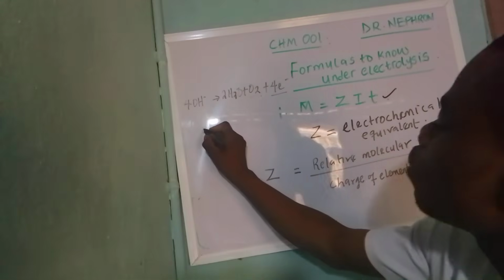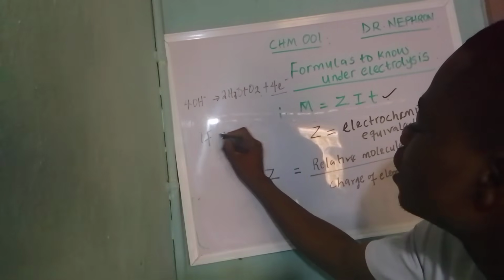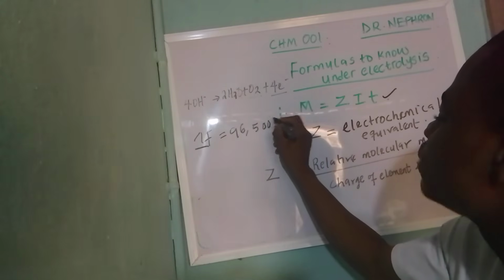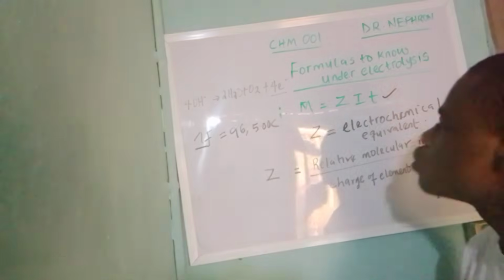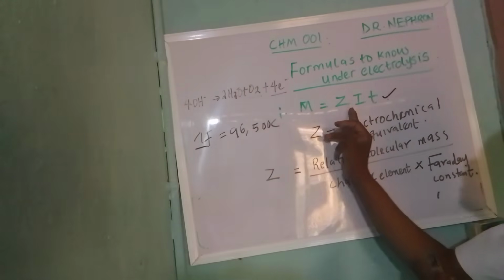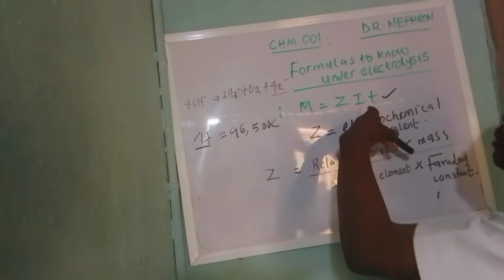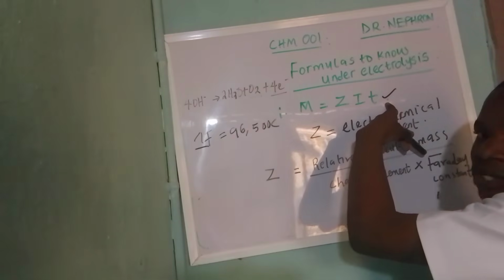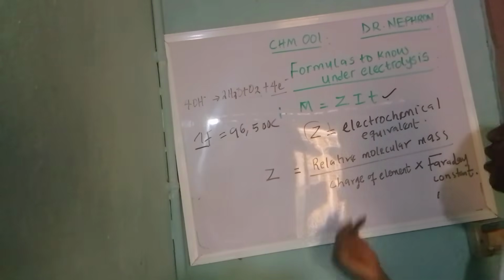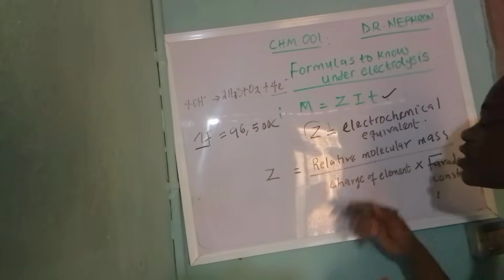Do not forget that 1 Faraday is equivalent to 96,500 coulombs. So the first formula is the mass of the element equal to the electrochemical equivalent multiplied by current times time. And the formula for the electrochemical equivalent is the relative molecular mass divided by